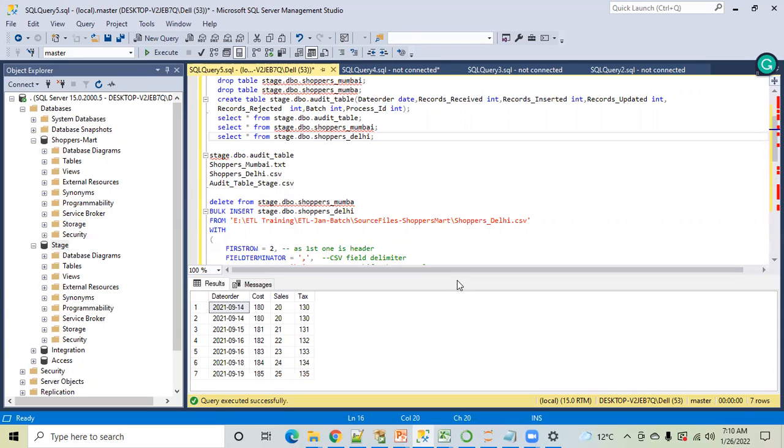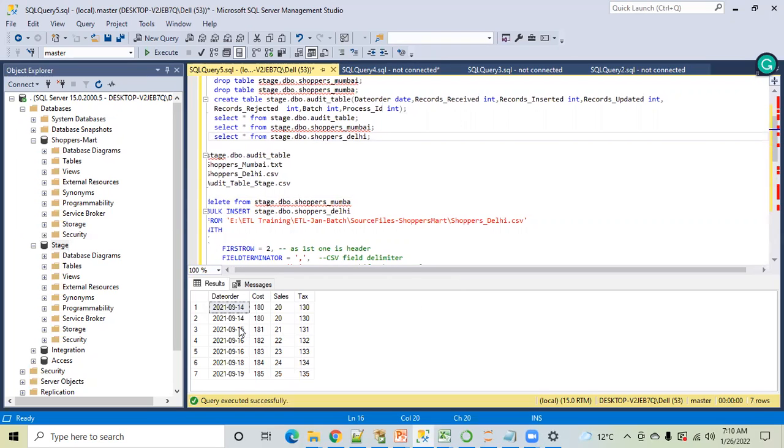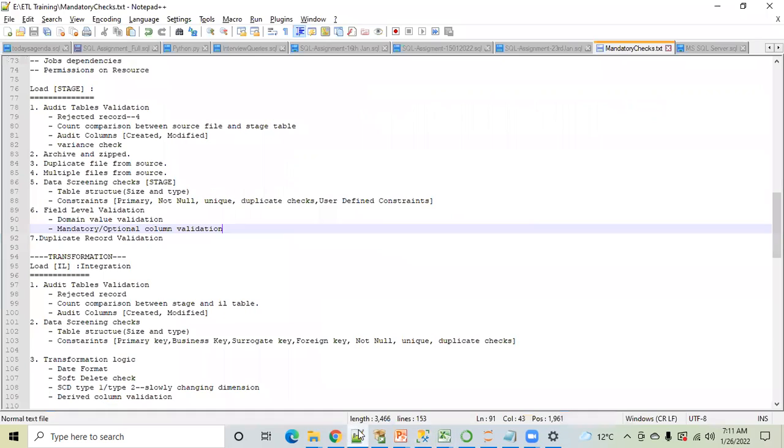Same date, but different cost and sales. If you see the first and second record, they are exactly duplicate. Yes or no? Correct. So these are duplicates. So when you are doing a data load, and as part of validation, you should